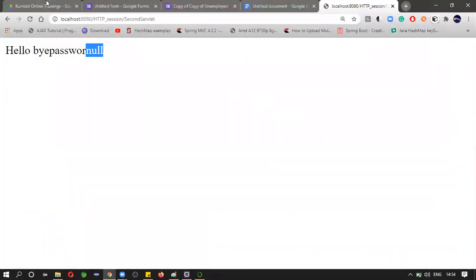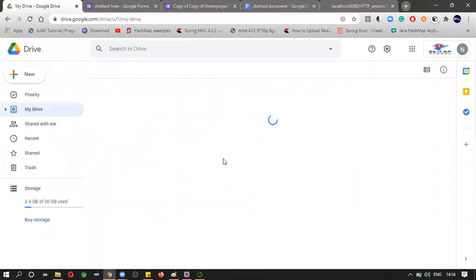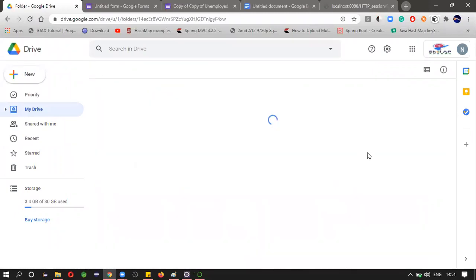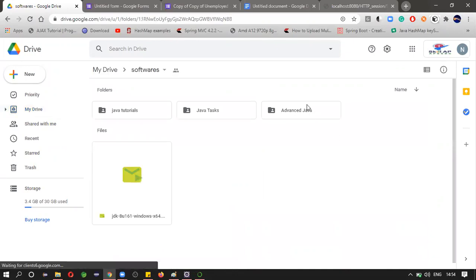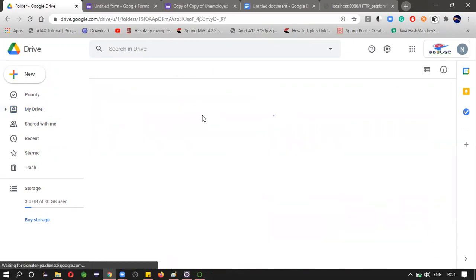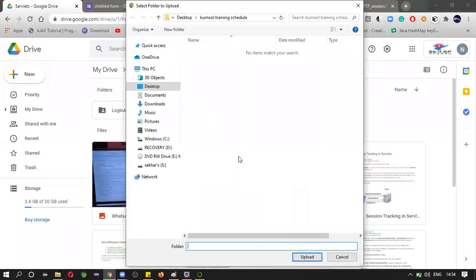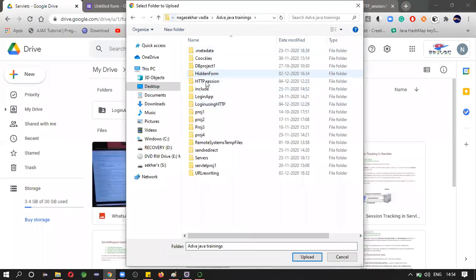HTTP session. Okay. And login using HTTP.